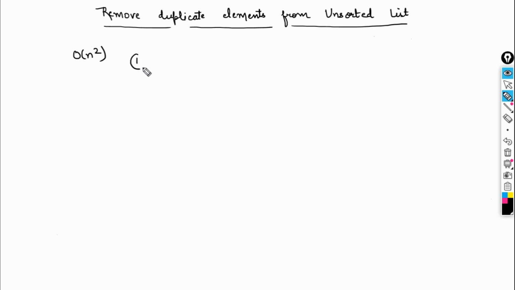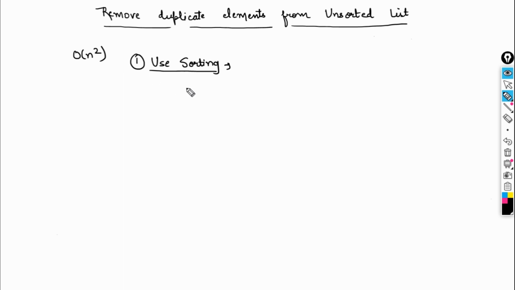The second method we can use here is sorting. Let's discuss how we can do that. In general, merge sort is the best suited algorithm, so we can use merge sort here. What do we need to do? We need to sort the elements of the linked list using merge sort.